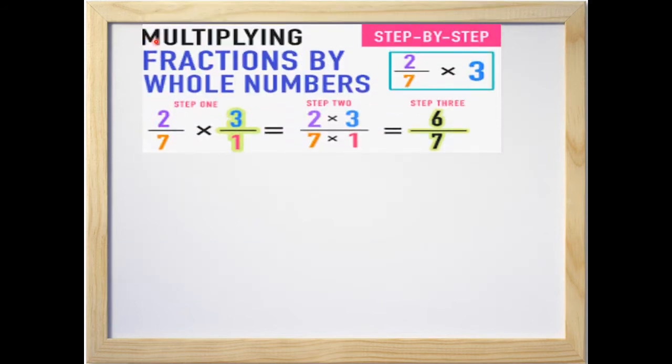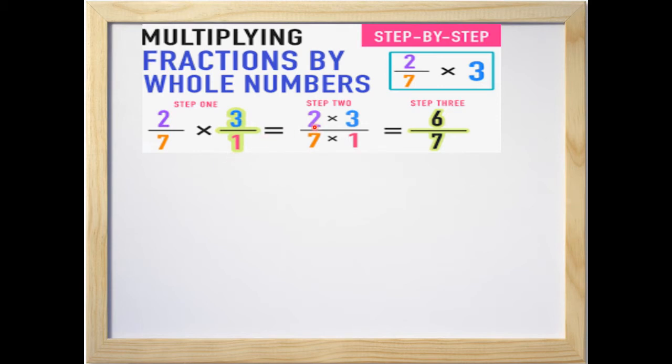Children, let us take another example, that is multiplying a fraction by a whole number. So, let us multiply 2/7 into 3, where 2/7 is a fraction and 3 is a whole number. So we can write it as 2/7 into 3/1. Why, children? Because 3 is a whole number, and if we have to write it as a fraction, we simply have to put 1 in the denominator. Understood, children? So now, how to multiply them? We simply have to multiply the numerators and multiply the denominators.